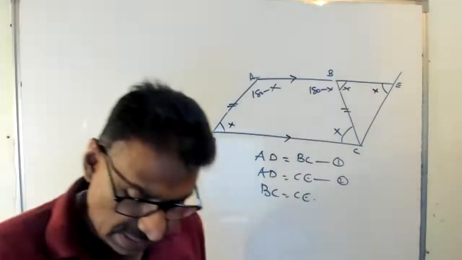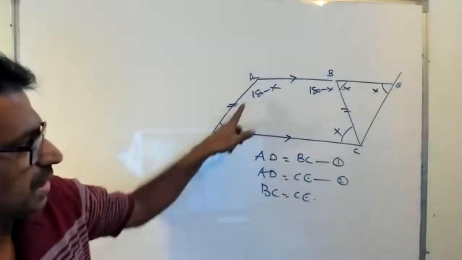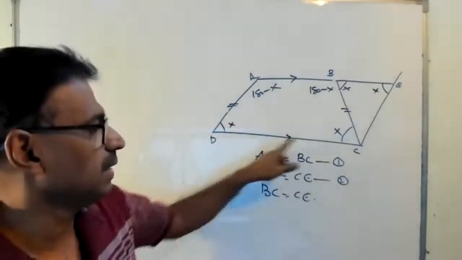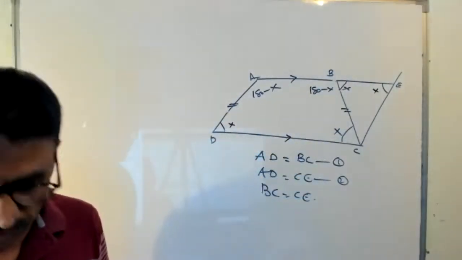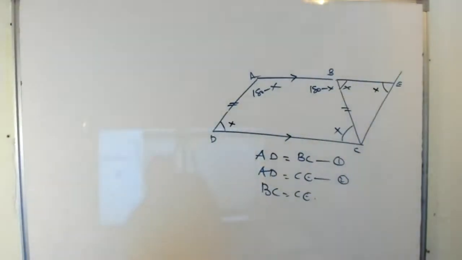So now we finished. The first and second are finished, correct? Because the first question, angle A equals angle B, 180 minus X, both are equal. The second one, C and D equal X. So 1 and 2 are over. I'll give the note. This is one of the star questions. Put the star mark.